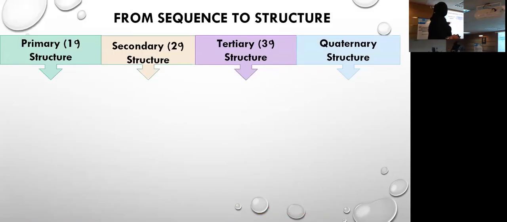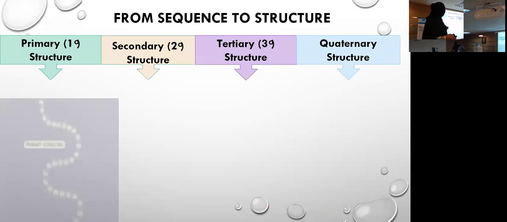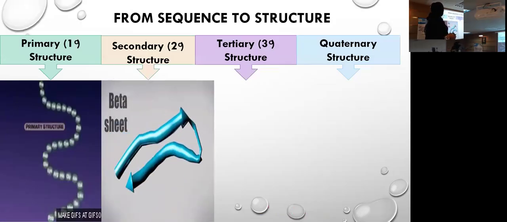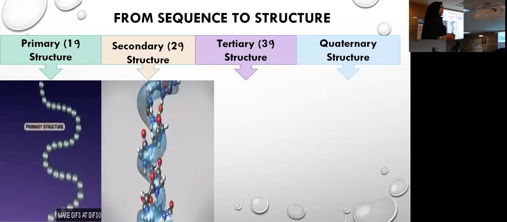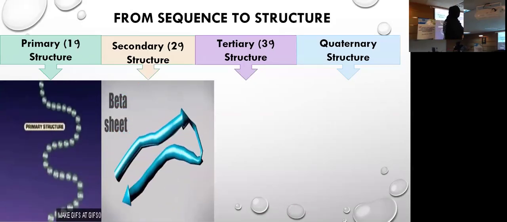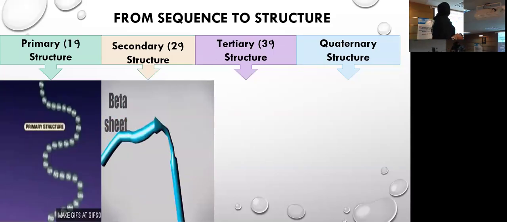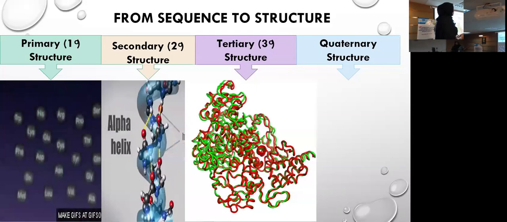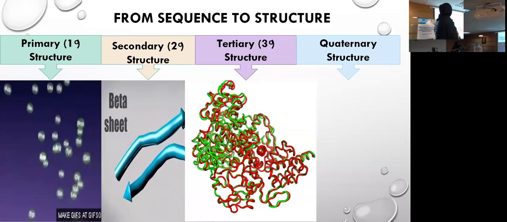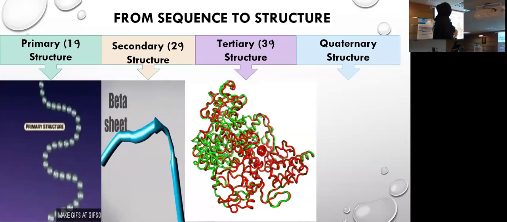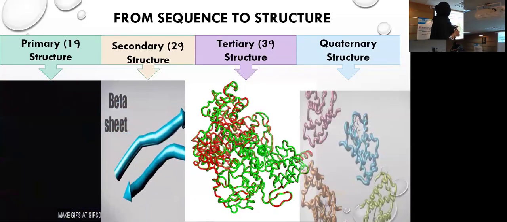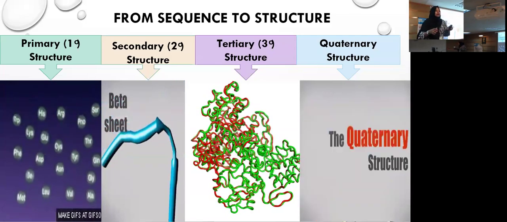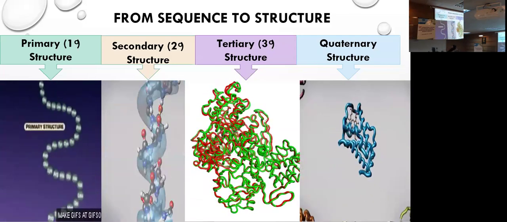From sequence to structure, we first talk about the primary sequence, which is composed of a one-dimensional sequence of amino acids. These form the secondary structures, beta sheets and alpha helices, and then all these secondary structures merge, make an orientation, and orient themselves into a tertiary structure, also known as the third degree structure. Multiple tertiary structures then come together and form the quaternary structure.